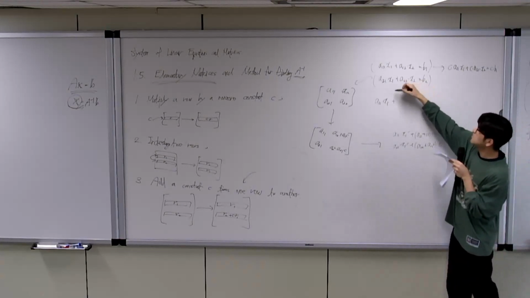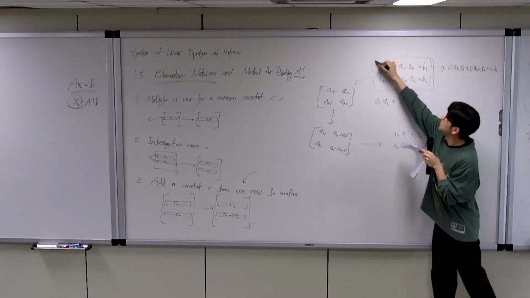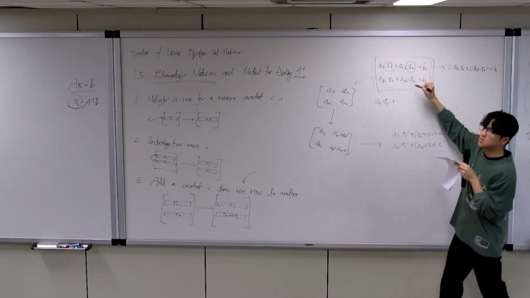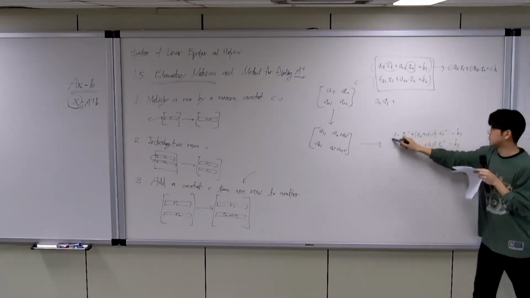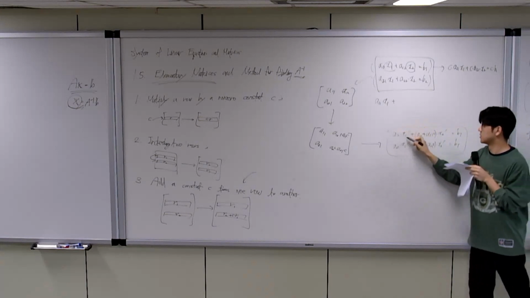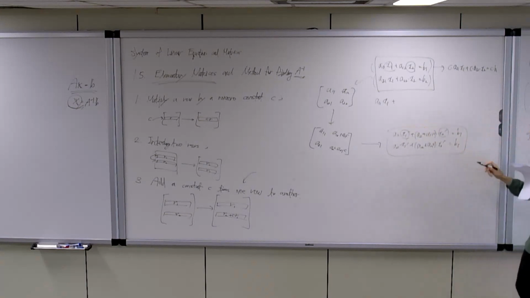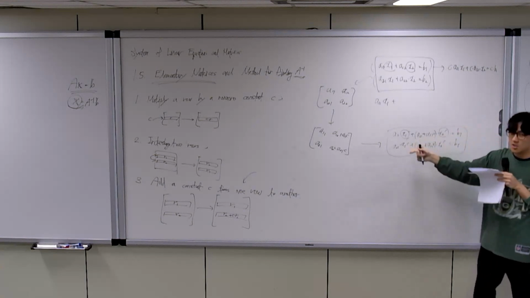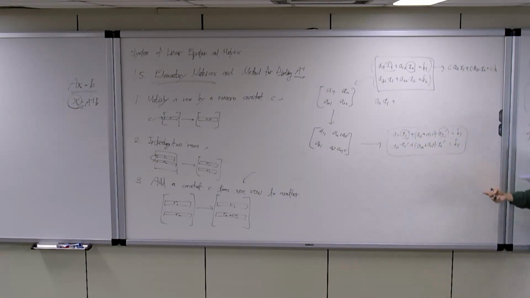Then its solution x1 and x2 is different from this system's solution x1 prime and x2 prime because the equation is changed, but it has a similar